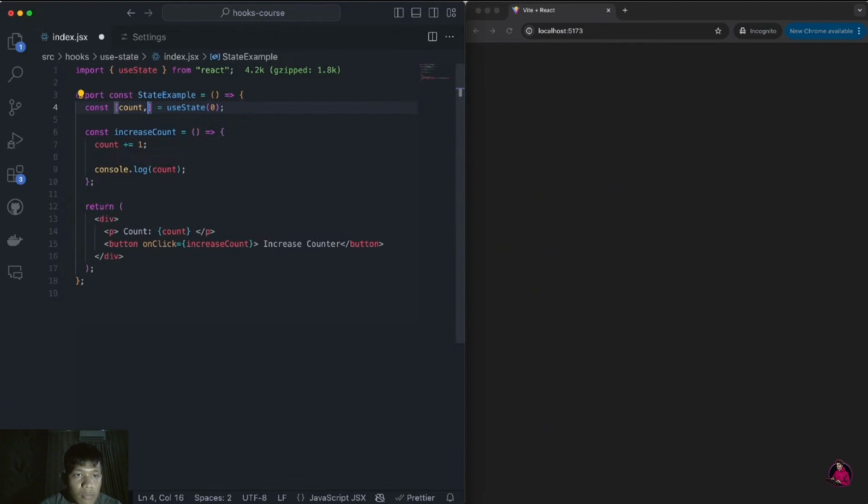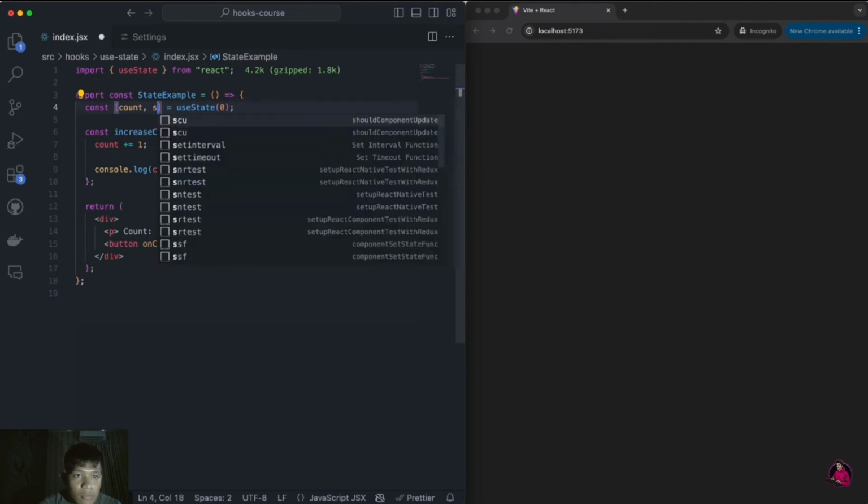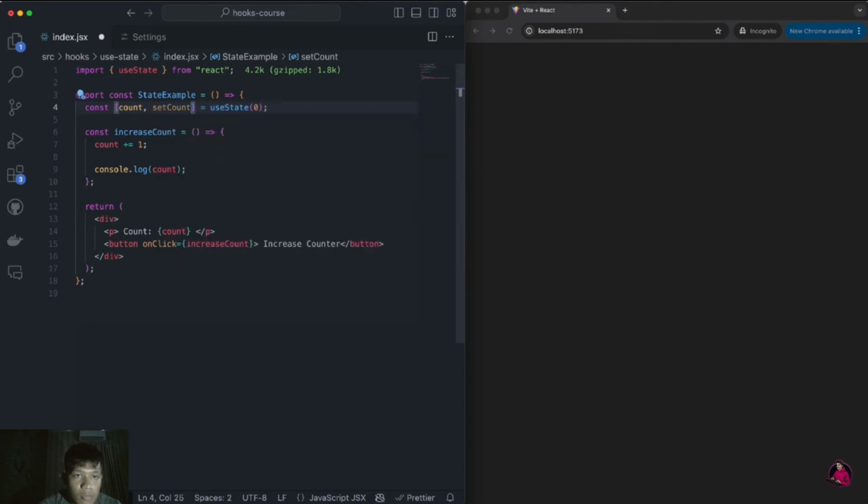The first is the value of your state, which is being called, you can call it whatever you want, let's call it count. And then it is a function that you can use to alter the state. So we're going to call this setCount. Usually it has this notation with set in front and then usually the name of the state. But why do we need a function to change it? Because although this